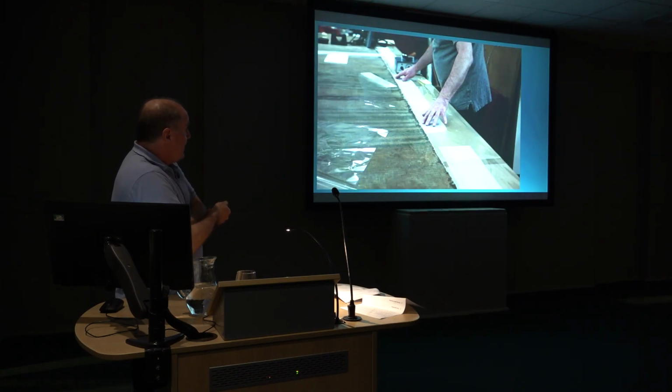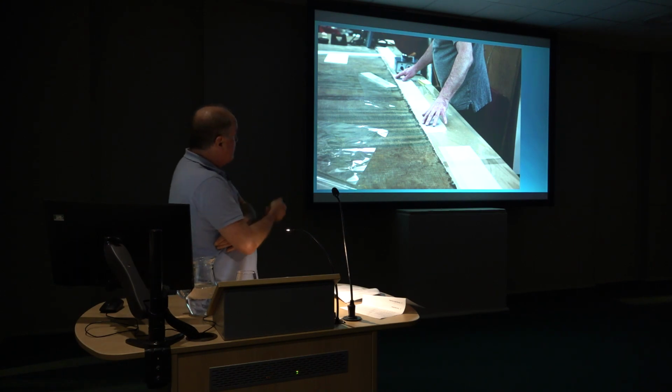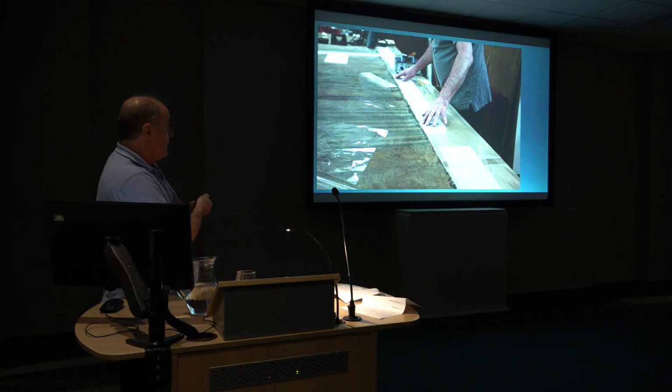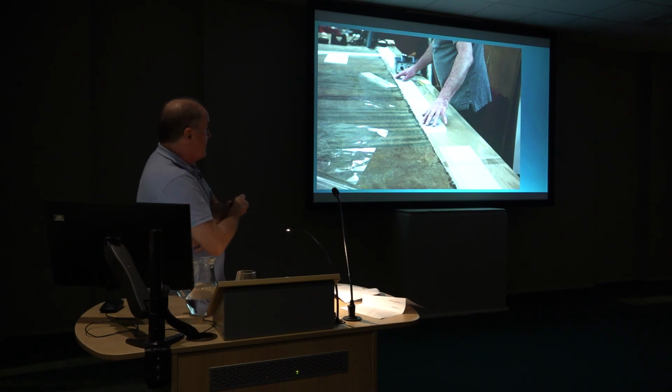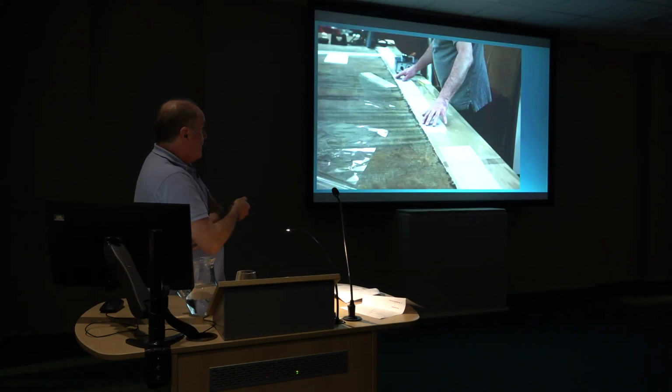It had been planned at the outset to turn the painting over, so now it was really in a state where we could turn the painting over and get it face up again. I had planned to do this by rolling it and then unrolling it face up. That would be the simplest way of doing it. But I was really quite concerned about all these splits at the sides. And in rolling it, they may just split even further right across the picture, because the painting is quite fragile